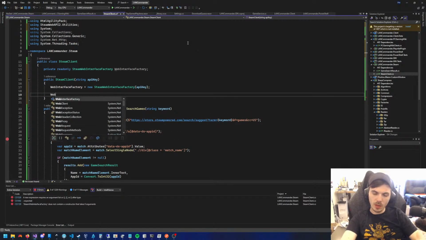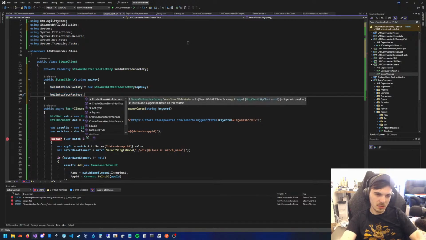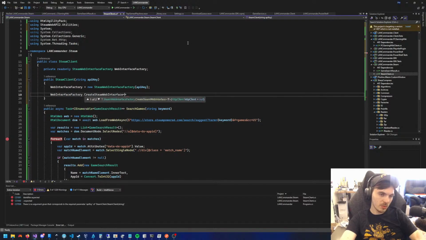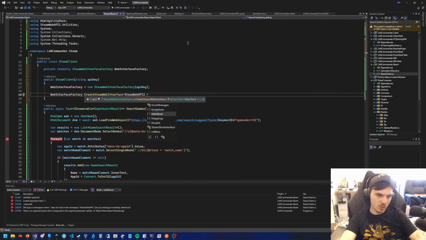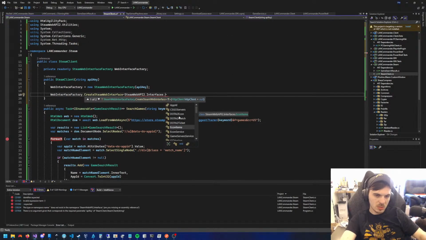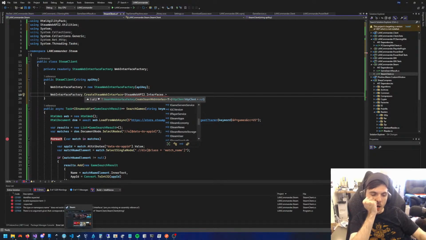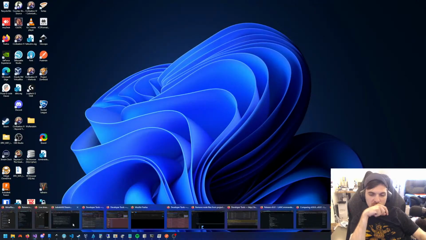And then we're going to do web interface factory dot, oh, I think we could just do this, but then we have to feed it in a type. Steam with the IP2 interfaces, and we need to use the